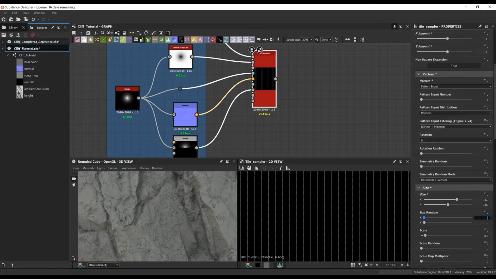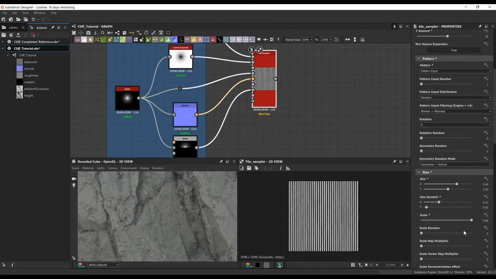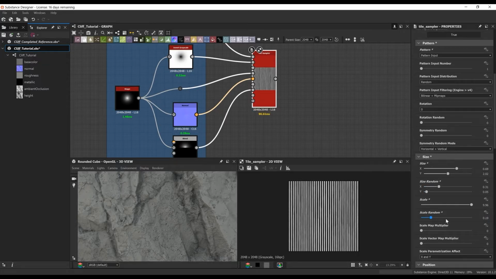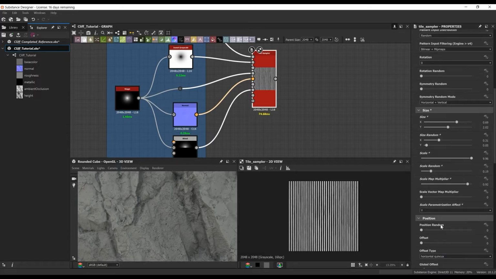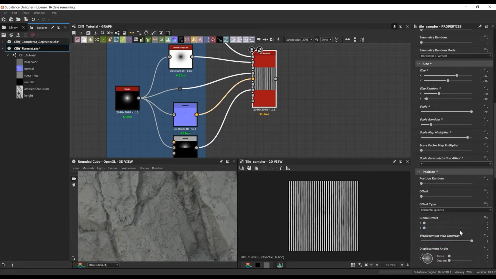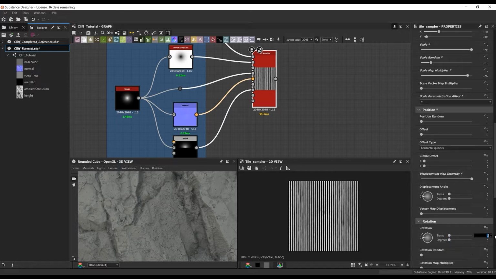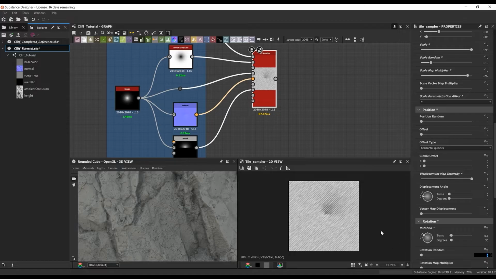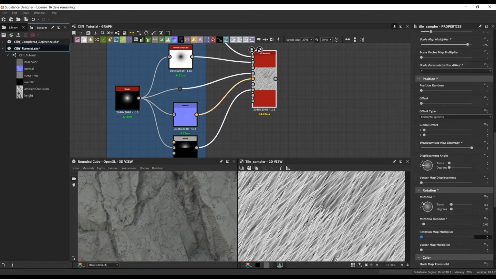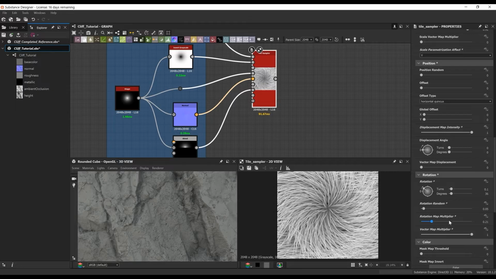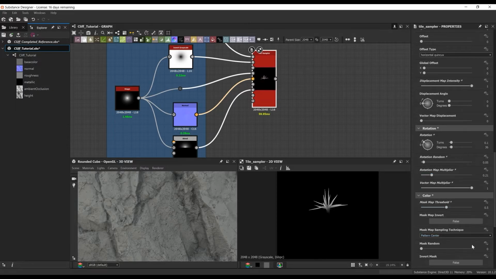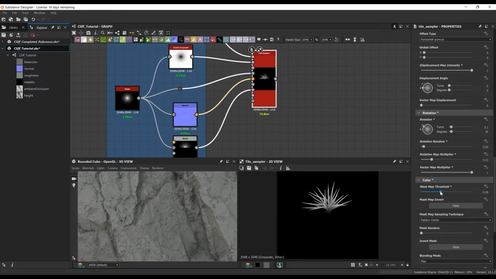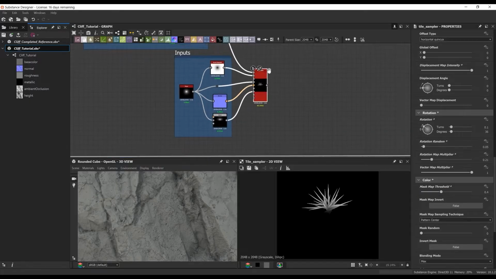So now that we have all those guys plugged in, this is where I start messing with the different parameters here. A lot of these inputs that we plugged in, we're actually going to set the values to 1 here. So if you see me messing with a vector map or a mask map threshold, anytime you see any sort of multiplier or threshold, it's mostly calling out to those inputs that we plugged in. So make sure to use those to your advantage. Now, I'm actually sampling off screen the completed graph, so a lot of these numbers I'm working from top to bottom, but when I was actually creating this, it was more so messing with these different values to see what kind of results we get.